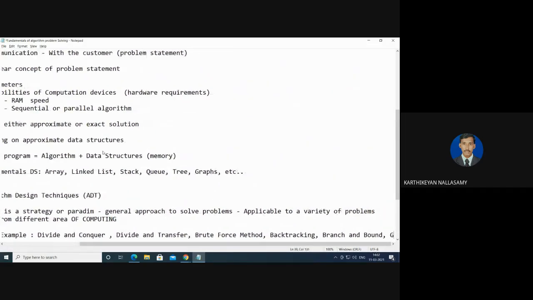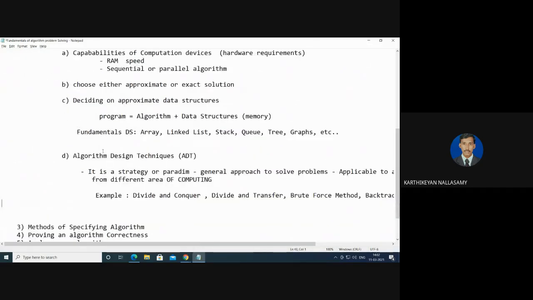Like that, there are nearly 10 or 19 different types of ADT methodologies. Here I listed only a few, and we will discuss these algorithm design techniques in a later part. Then I will move on to the next thing. Small correction here: that is not divide and conquer. That is called transfer and conquer. We are going to make a problem into some other format, and then find a solution for this problem.